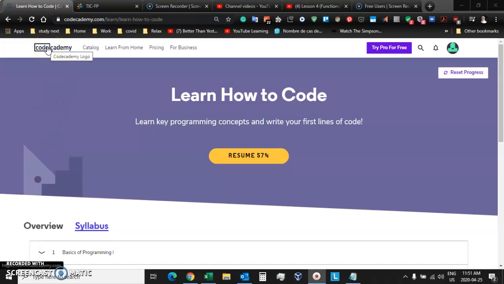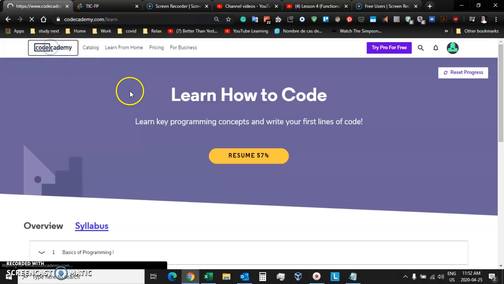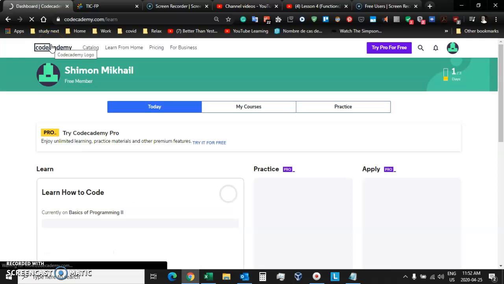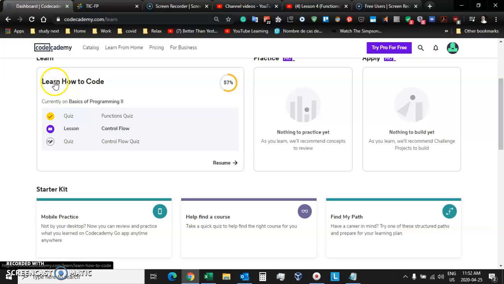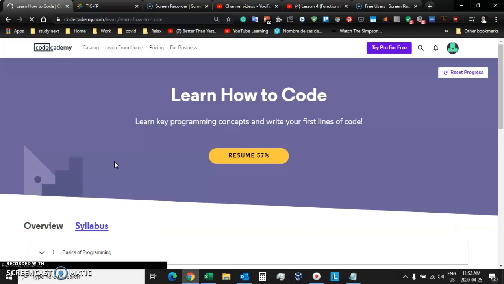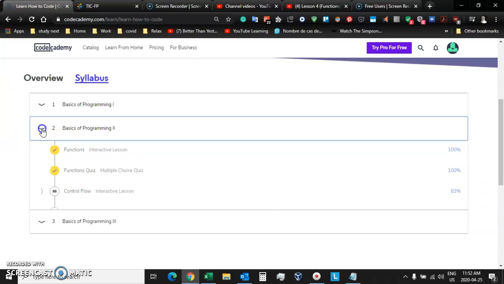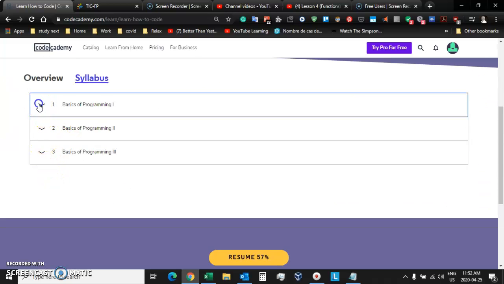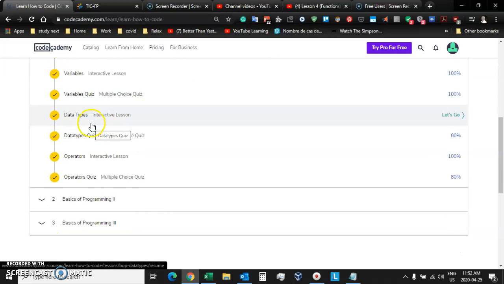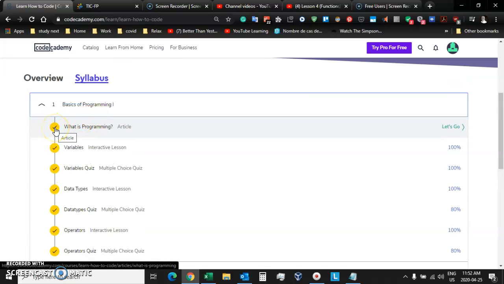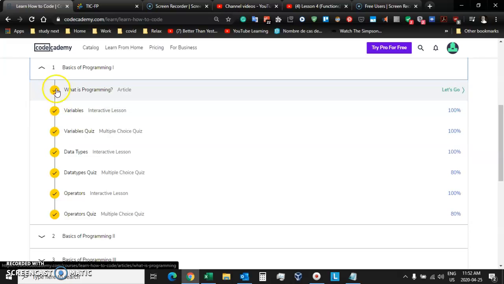So let me show you how you can submit your morning work. Click on the logo, Code Academy, at the top left of the page of the website. Scroll down until you see Learn How to Code. There are three sections in here, and the first section should be completed. When a section is completed, you'll see that there's a yellow check mark,